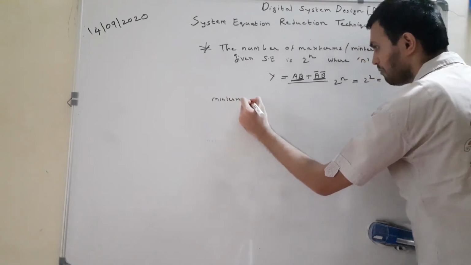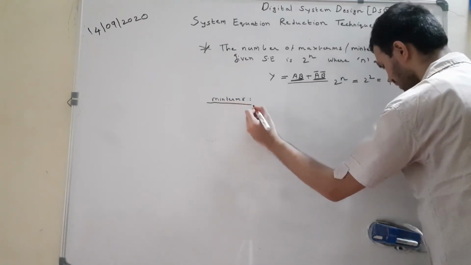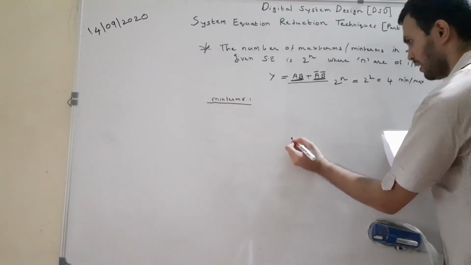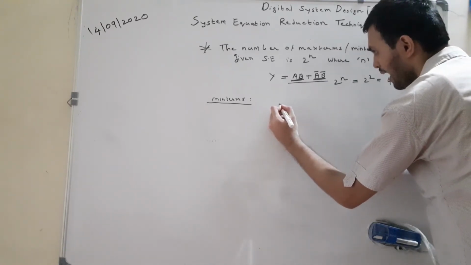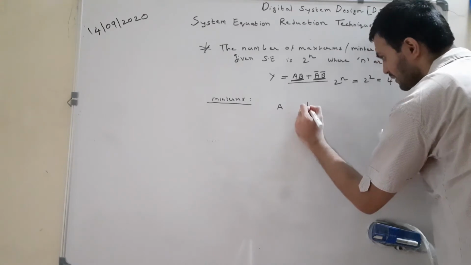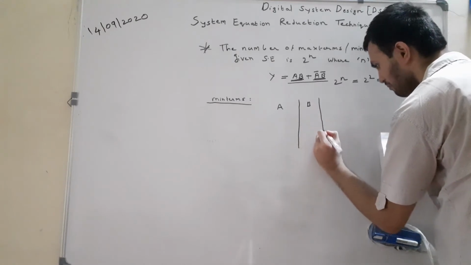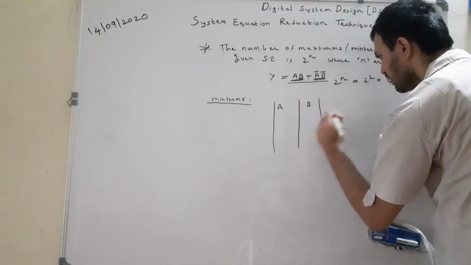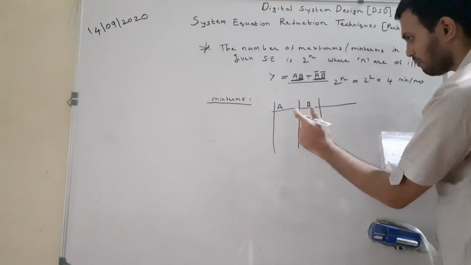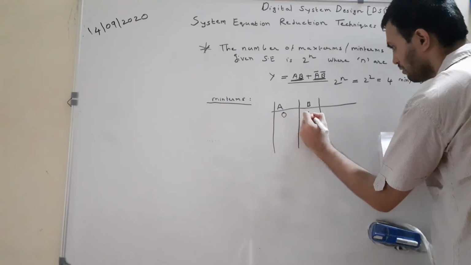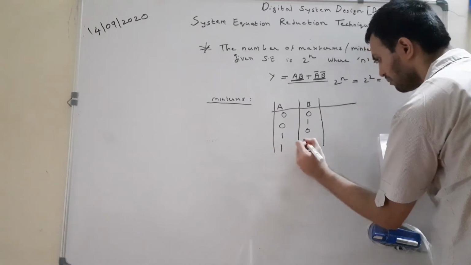A min term is a term where each individual term is represented in standard SOP form. So we are talking about min terms over here, and we will discuss the values associated with them. Now suppose let us represent this in a tabular format. I have two input variables or literals, let's say a and b, and I want to find out their min terms. There are two input variables, so there will be four input combinations, that is 0 0, 0 1, 1 0 and 1 1.